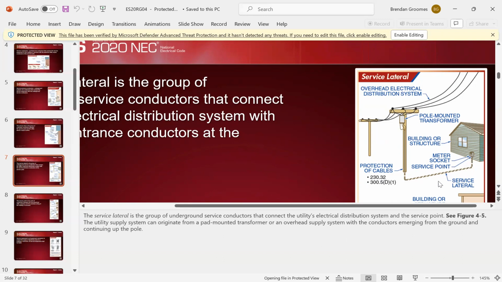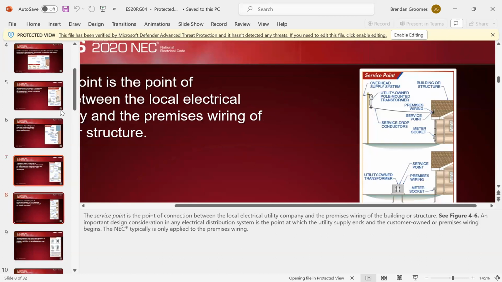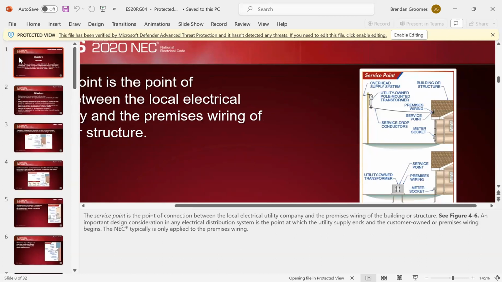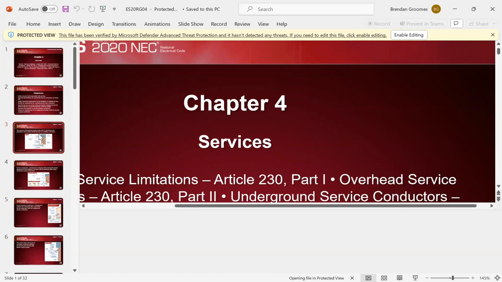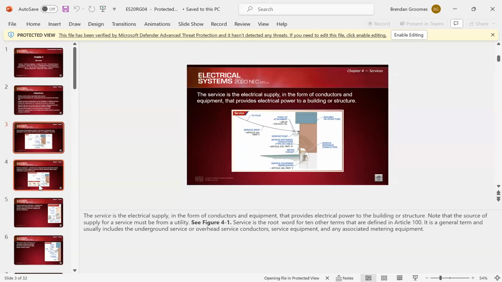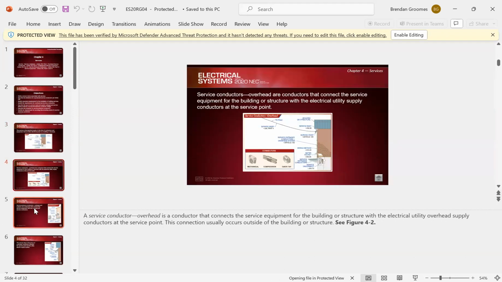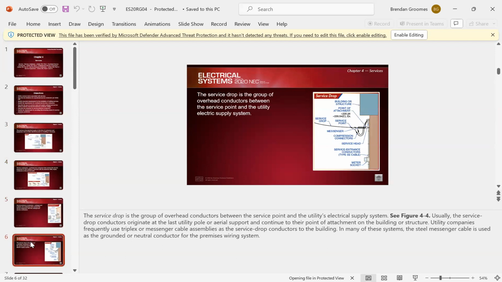And the service point, you can see here, is just the point of service into the actual house. The service lateral is the point that's connecting the public side to the private side, going into the residential. So again, I highly encourage you as you're learning throughout this course to take a look at these PowerPoints, specifically the diagrams that they provide, and make sure that you understand these visuals because they are important to understanding the knowledge that you need to